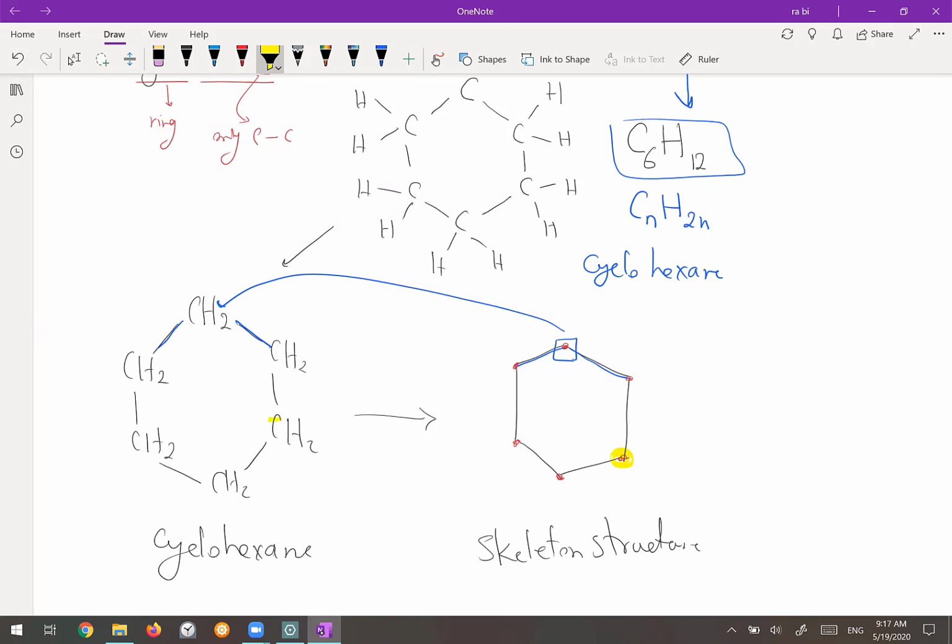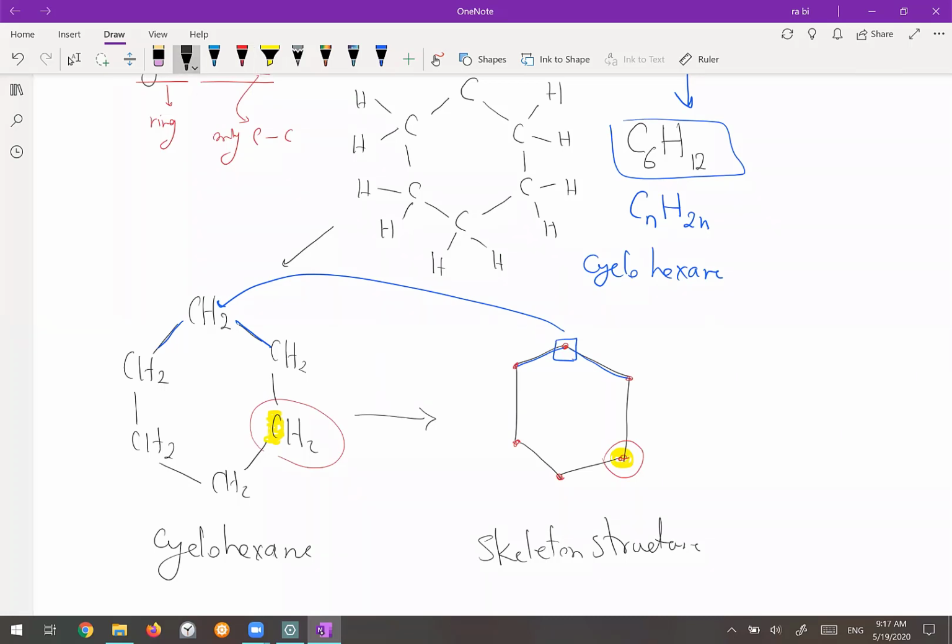So exactly the same as the carbon that you have here. So we know that there must be 2 other hydrogens. So we can understand that at this corner we have CH2. And in most of the textbooks, you can see the skeleton structure for the cyclo compounds, for the cyclo